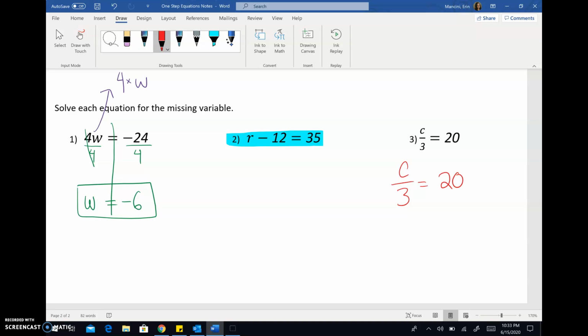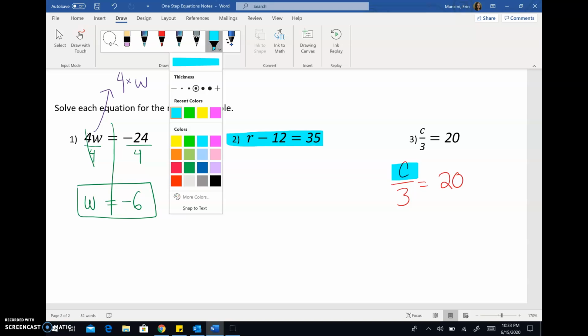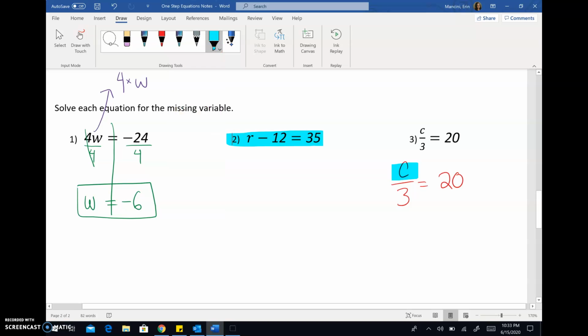Or you have some unknown number that we called c, and when you divide that number by 3, the result is 20. Can you think that through in your head? What divided by 3 is 20? If not, we'll go through the steps. We don't do step number 1 because there's nothing to clean up in a 1-step equation. So we're just going to get the variable c by itself and get the numbers on the other side